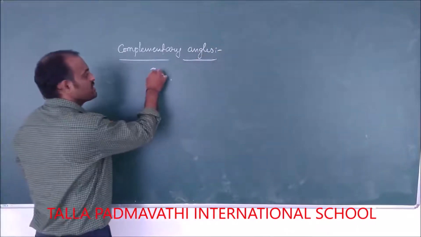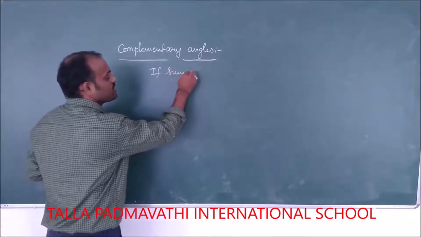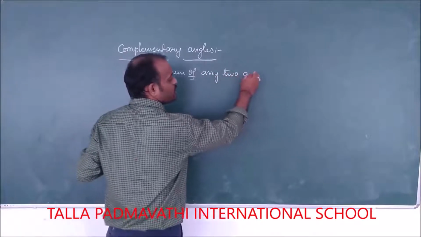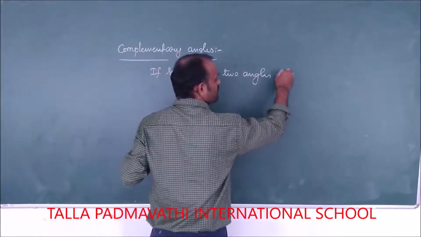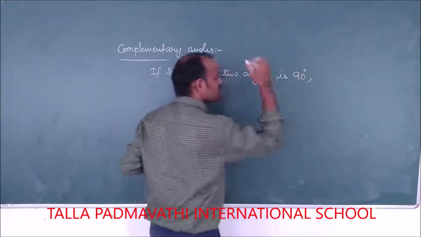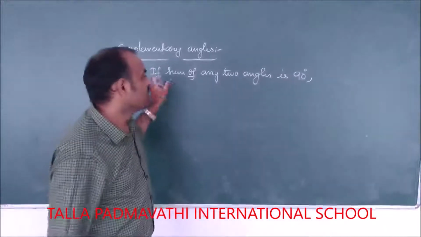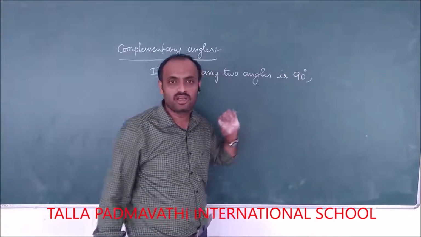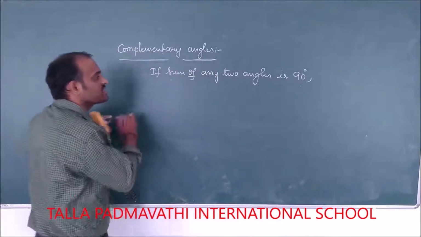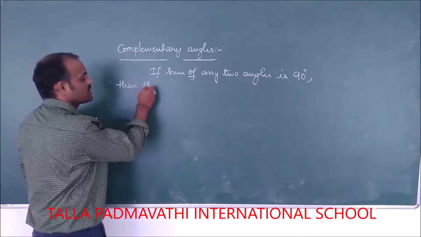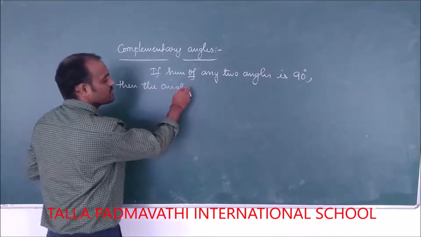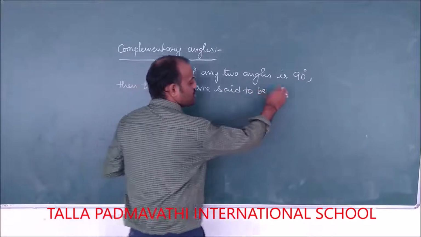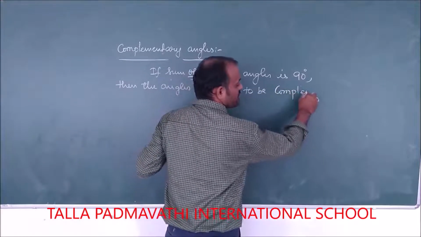Complementary angles. If the sum of any two angles is a right angle, or is 90 degrees. 90 degrees or right angle, both are the same, right? So if the sum of any two angles is 90 degrees, then the angles are said to be complementary